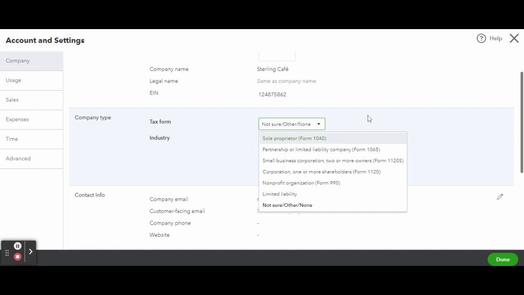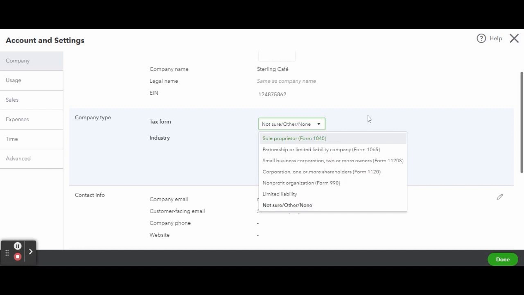A partnership. Select this business type if you're carrying out your business with 2 or more partners. Partnerships use Form 1065 to report their business income and loss. An S corporation or an S corp. A corporation that elects to be an S corp passes corporate income, loss, and taxes through its shareholders and reports